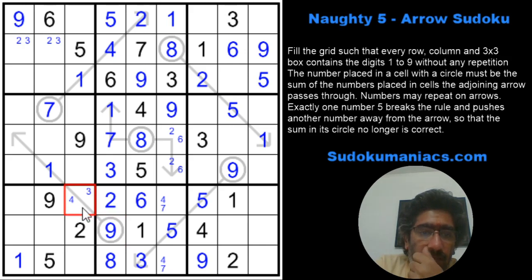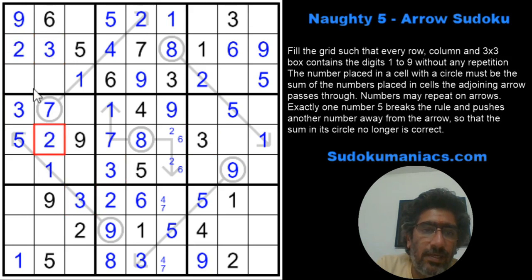So if this were 9, I require these two to add up to 8, correct? Because this is a true arrow. So if this is a 3, this will be a 5, which by classic rules is a 5. So obviously this is my 3. This becomes a 3. That's a 2 and a 3. So this would be a 2 with a 6 here and a 2 there. So this can be a 2. That's my 2.